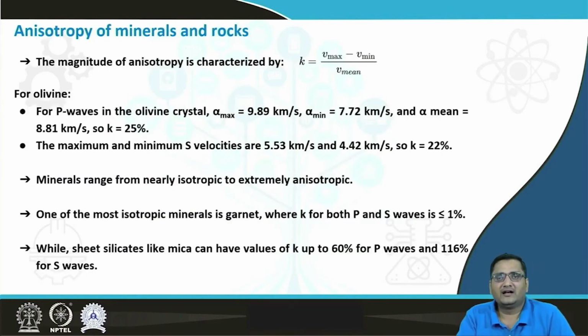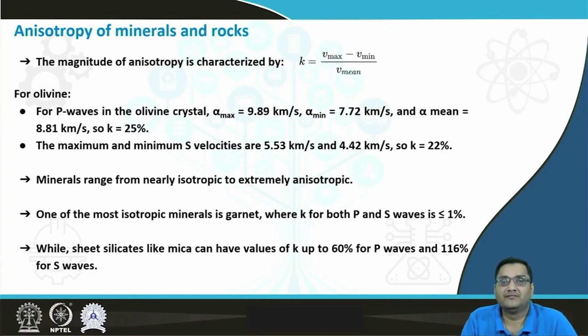Now the topic that we want to discuss is anisotropy of minerals and rocks. An important source of anisotropy is minerals that are anisotropic due to their crystal structure. At the microscopic level, the anisotropy can be enormous, with velocities along different mineralogical axes varying by more than 100%. However, the anisotropic grains are randomly oriented, leaving only weak anisotropy, and in some cases the mineral grains are aligned,